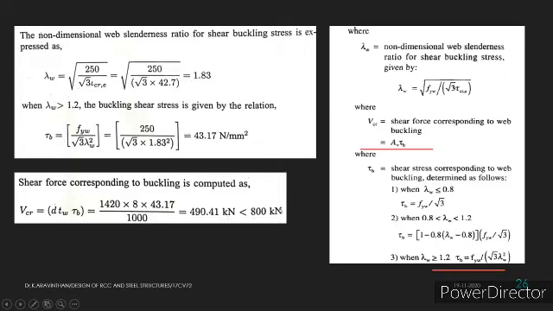Now what we found is the critical shear which is happening in this section is 490.41 kilonewton, which is lesser than 800 kilonewton. What is this 800 kilonewton? It is the shear which is acting in the section that we have arrived at. So which is lesser than this, hence it is safe. If we design for 800 kilonewton or more, our section will be safe. Already now the greater shear is 800 kilonewton, hence we don't have to worry about this condition.